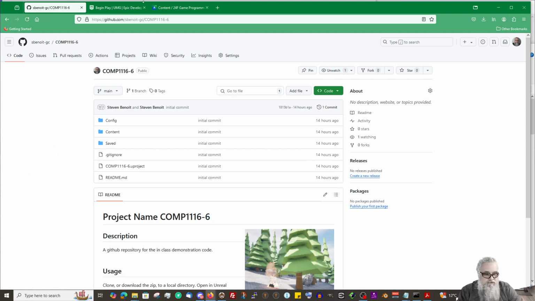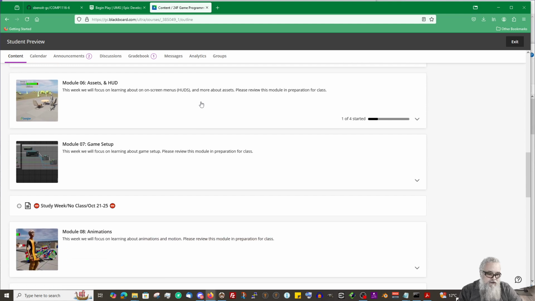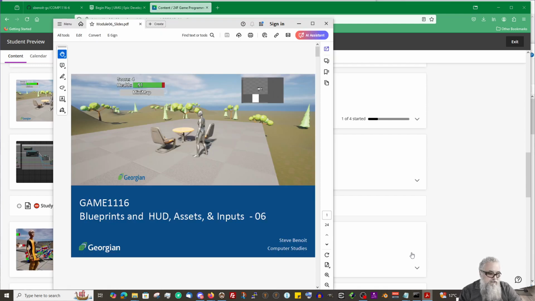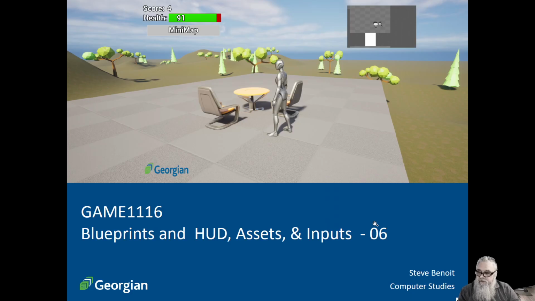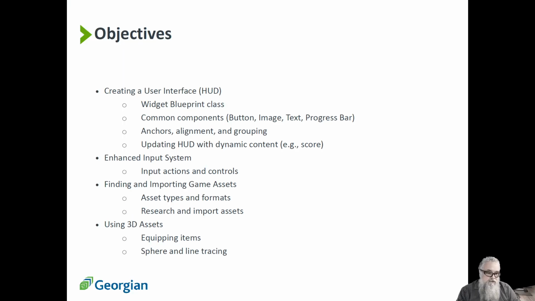So this was the link I shared last night. This is where we're at in the semester. If we look at our slide deck, this is the slide deck up on the system. So HUD and assets. We're going to create a user interface or a HUD, heads up display, or on screen menu. We'll deal with some buttons and images, a progress bar, anchors and alignment on them. Doing dynamic updates, so we'll actually take the value from our score for coins and for health and display that